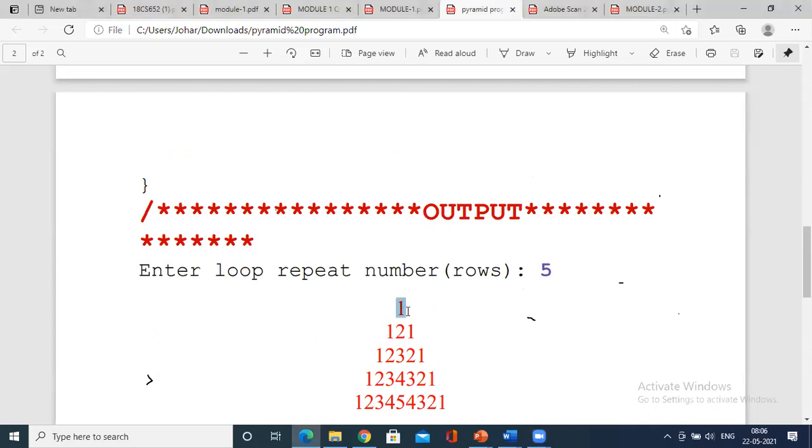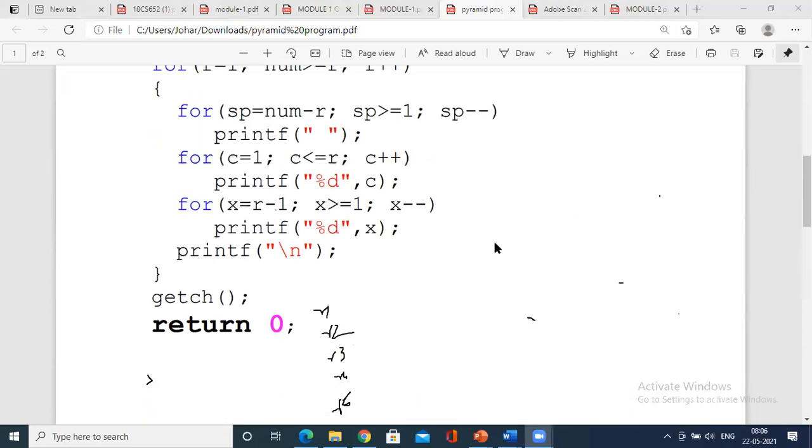How do you get exactly 1 with the 4 spaces left? And for row 2, what happens? This is row 1, this is row 2, row 3. So after row 1, you have to go to the next line as such.